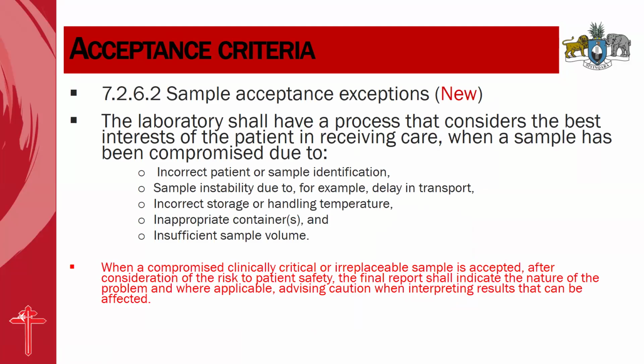It states that the lab must have a process that considers the best interest of the patient in receiving care when a sample has been compromised due to the following: incorrect patient or sample identification, sample instability due to maybe a delay in transport, incorrect storage or handling temperature, inappropriate containers, insufficient sample volume. As much as any of these can compromise the sample, the new requirement of the standard has a provision to consider the best interest of the patient and